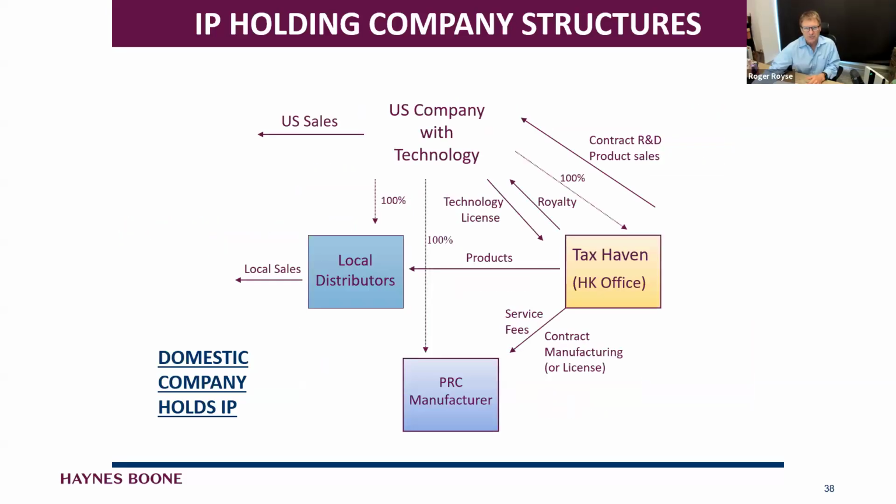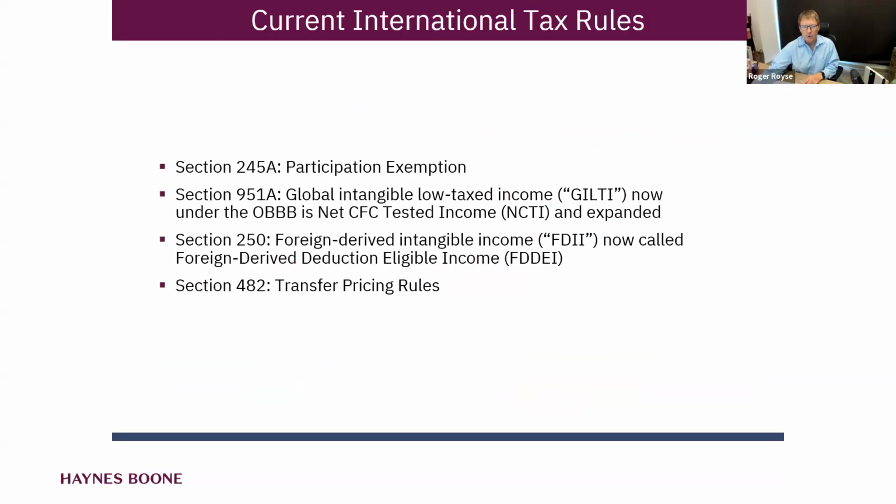Here's another variation of it. Again, the concept here is that we're just parking income in some tax haven. And it's mobile income from intellectual property. And that could be a license, or it could be that we use the IP to produce products. Very difficult for a startup to do that anymore.